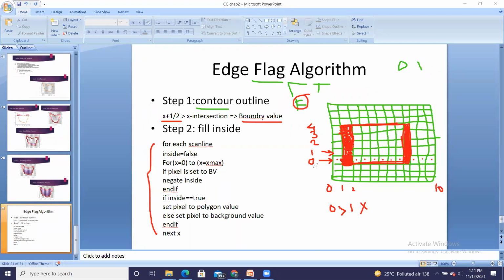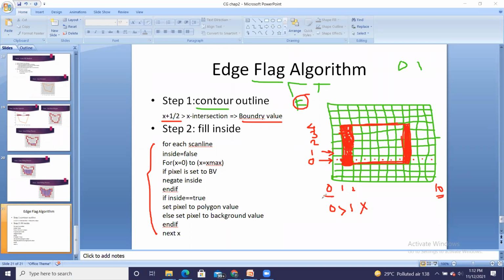Then for scan line 0, the flag is false, that is inside is false, and I will start doing the scanning operation. It will check for x equal to 0 to x equal to x max, that is 10.